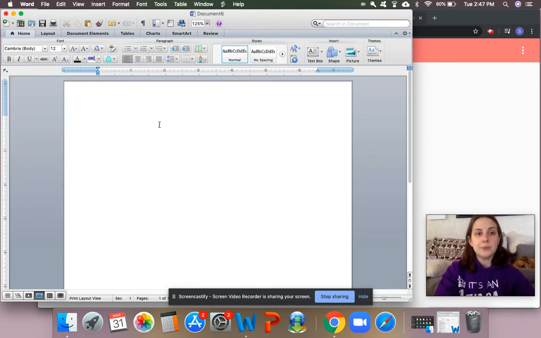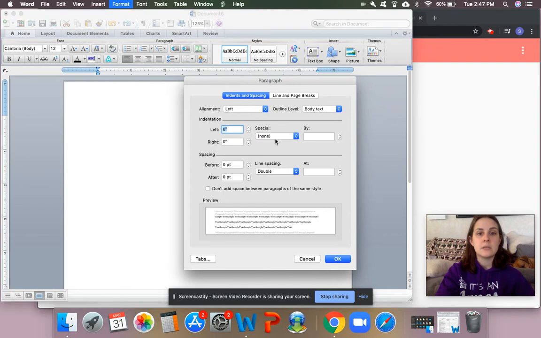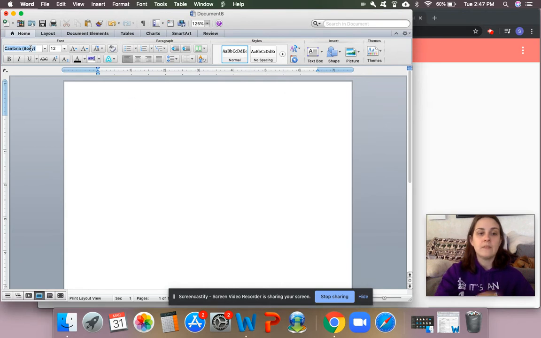So you want to make sure that you're choosing 1 inch all around. Back into home. I am going to set my spacing for double spaced. Right now it's marked at single spacing, so I'm going down to 2. You can also do that in format if you go into paragraph, indents and spacing, where it says line spacing, just make sure that double is chosen. Everybody is going to write in Times New Roman, so I'm going to search that font, make sure it's size 12,